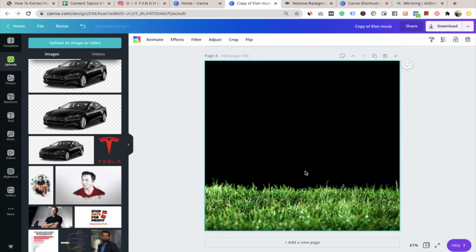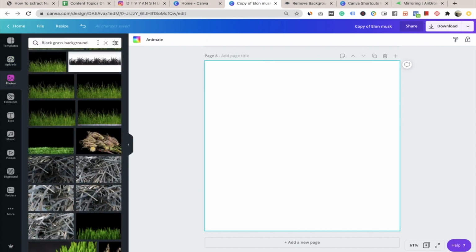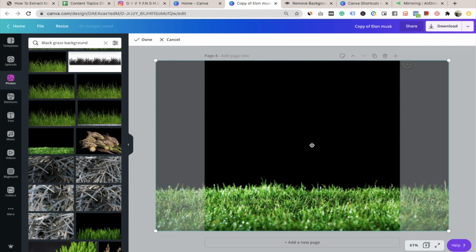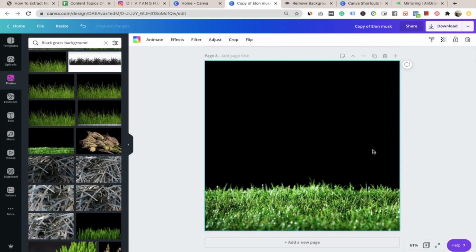or premium. I'm going to remove this image, so I'll go to images, and in images here I have searched for black grass background. Once you search for black grass background, there you can see there is an image. I just need to drag it here, and you can see the background has been changed. If you want to make any adjustment in the background, just click over it twice and you can slide it through. So let me keep it this way. All right, so I'm done with this background.